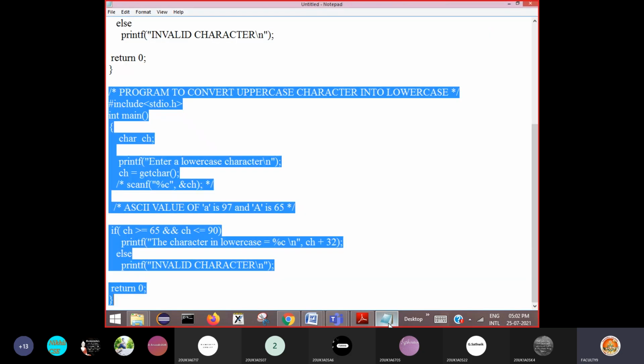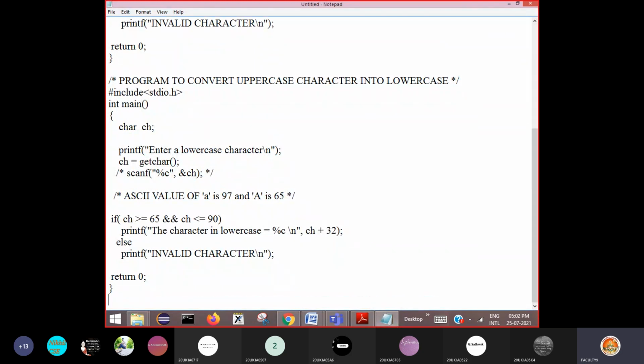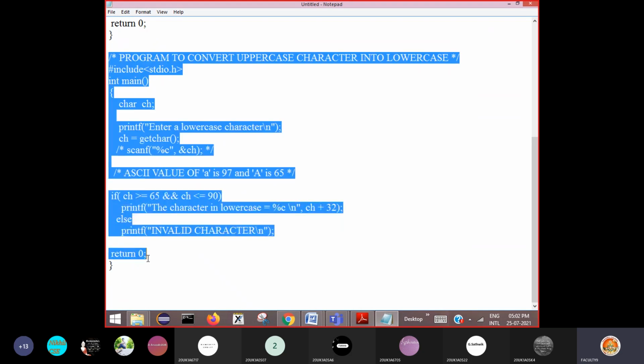Now we'll move on to a program where we want to convert a string in lowercase to uppercase or a string in uppercase to lowercase. Just let me copy the same code.